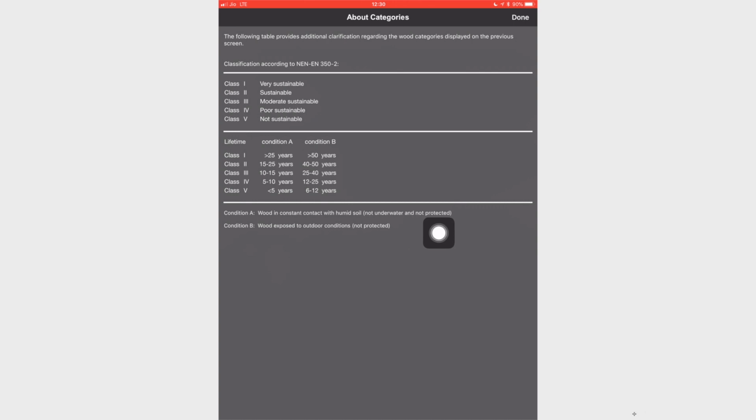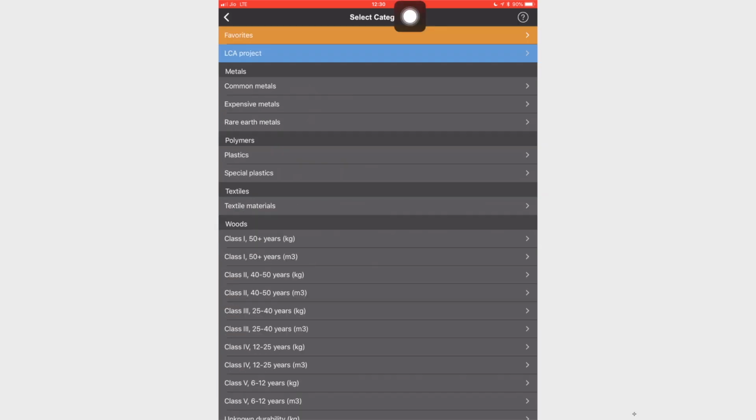Now let's go to my project and have a look at what all it has. You can see that I have all my materials added, I have all my processes added, and transport is added at the process level as well as at the use phase. So, this is when it needs to travel in the use phase, and this is when it needs to travel in the processing phase.